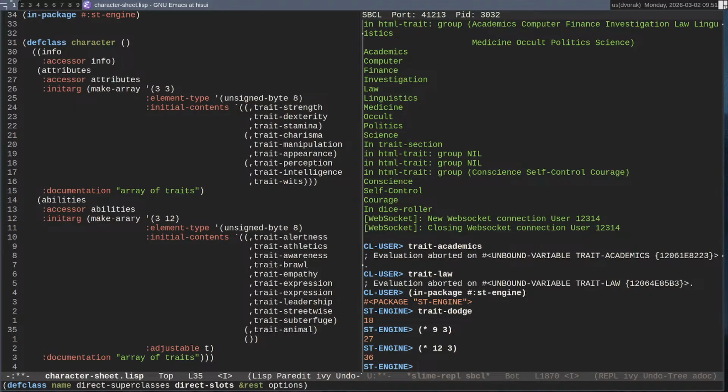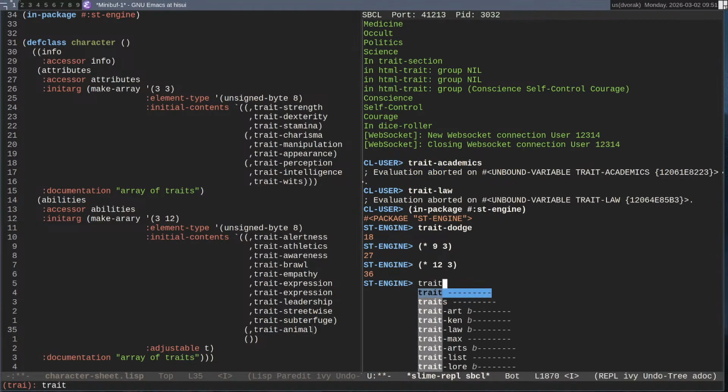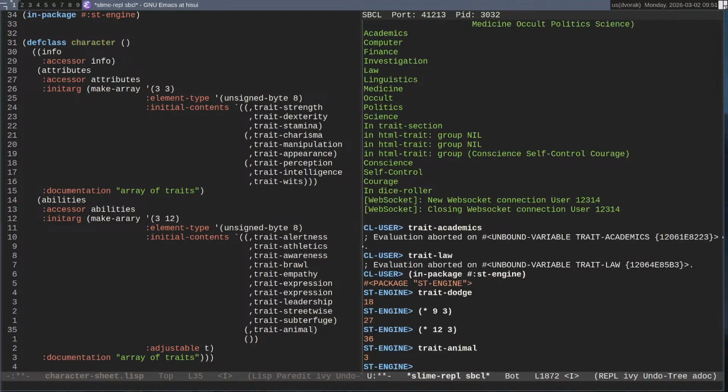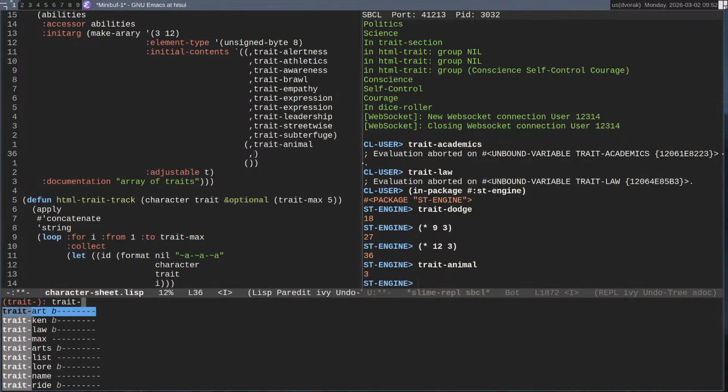What is trait animal? Okay, trait animal drops everything after the space. I should probably go in and modify that so that it doesn't and puts a hyphen in instead.